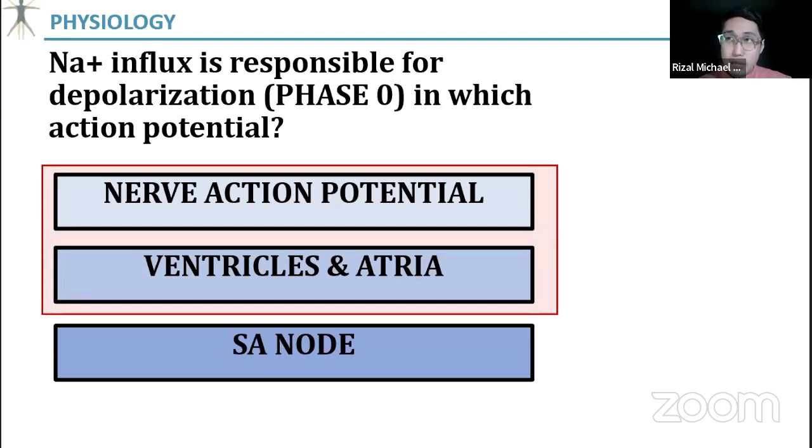So that's kaya kung sabing important kasi usually guys in studying for the board exam, aside from understanding the must knows, hanapin nyo kung ano yung mga peculiar o yung mga unique sa mga binabasa nyo. Kasi usually, there's a tendency na yun yung kukunin nila or yun yung itatanong nila sa inyo. Okay? So for example, in this one, phase 0, sodium influx depolarization, nerve action potential, ventricles atria, except for SA node and AV node ng heart. So not all of the heart, right?